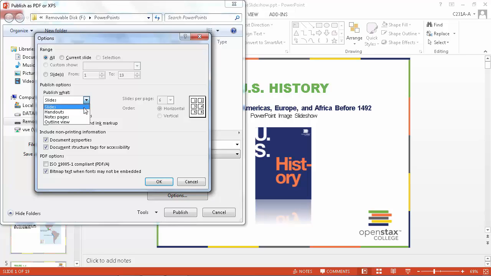You have the option to do slides, handouts, note pages, and outline view. Slides is going to print one slide per page, just like it looks in your PowerPoint presentation. Now, if you have very intricate photographs that people need to see detail on, or you have a lot of text on your slides, you may have to go with this option. Quite often, though, you want to reduce the number of pages that are being printed, and you can do that